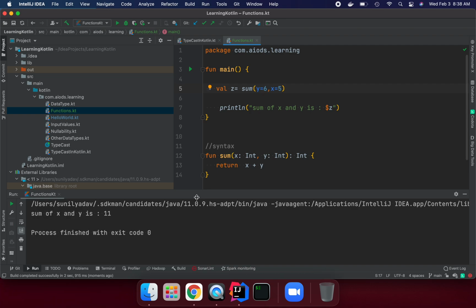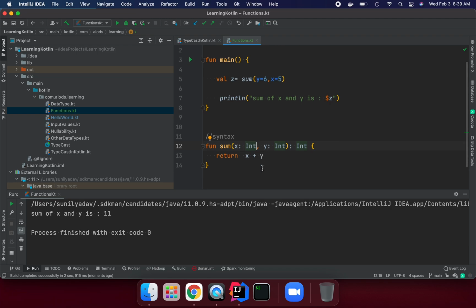Okay, so here we are saying y is equal to 6. So the named parameter is good, right? We don't need to remember the parameter's position. Like in Java we always have to pass the parameters in the way they are declared: we declared a first parameter and a second parameter, so we need to pass the values in that order. In Kotlin we don't need that.